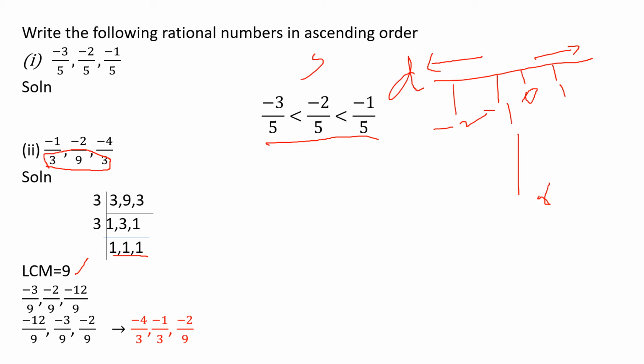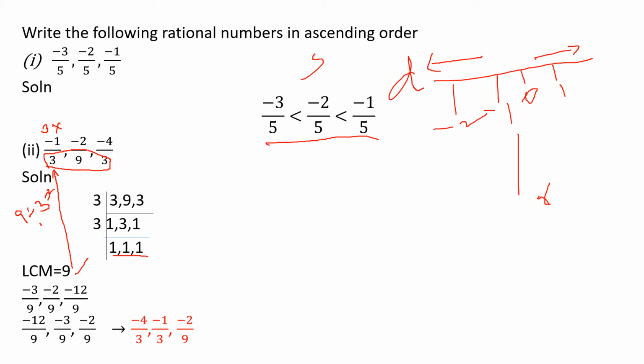Do you remember? We got the LCM. Now with this 9, divide 9 by 3. What are you getting? 9 divided by 3, you are getting the answer 3, right? With this 3, you will multiply the numerator. 3 into minus 1, 3 into 1 is 3. So plus into minus is minus. So minus 3 by 9. Understood how we are writing this?